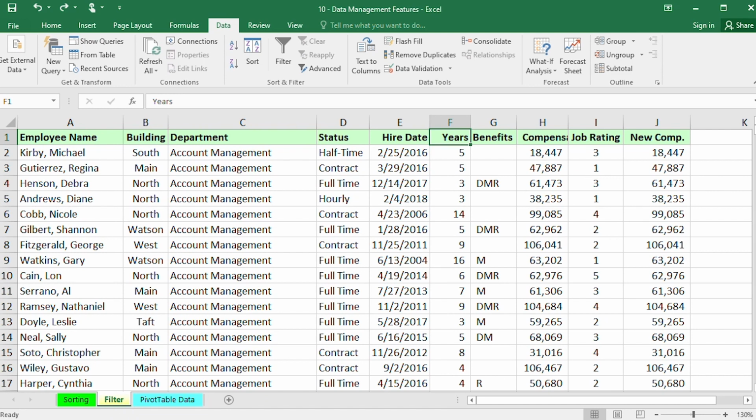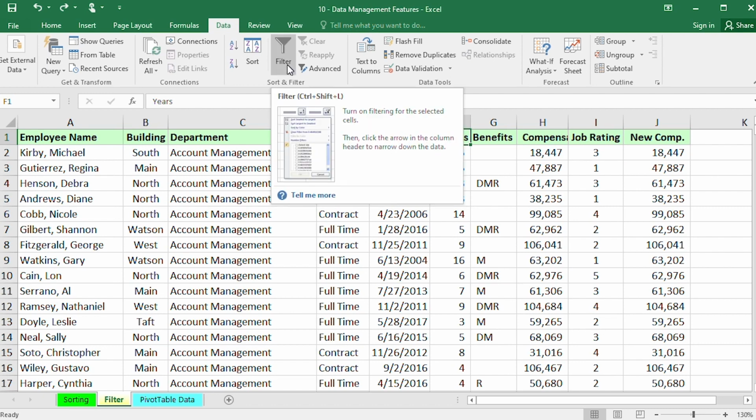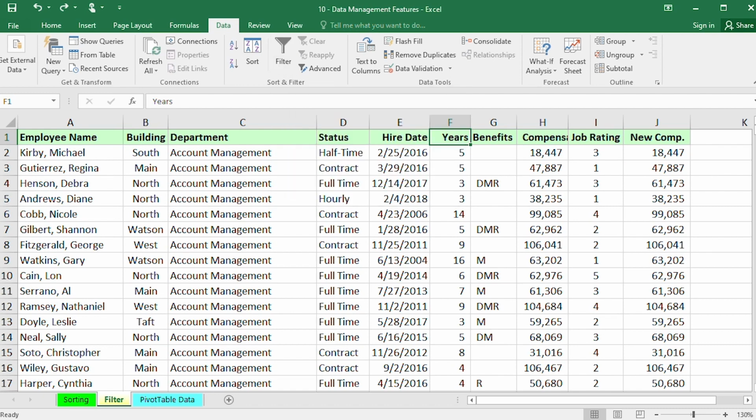If it was text, it would say text filters, but in this case we're working with numbers, and it sees that these are all numbers, so it says number filters. But just depending on which type of characters you're working with, text or numbers, that will affect what this says. So in this case you have lots of options here, so depending on what you're trying to look at to filter out